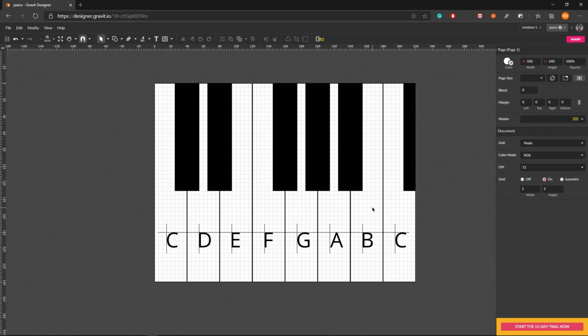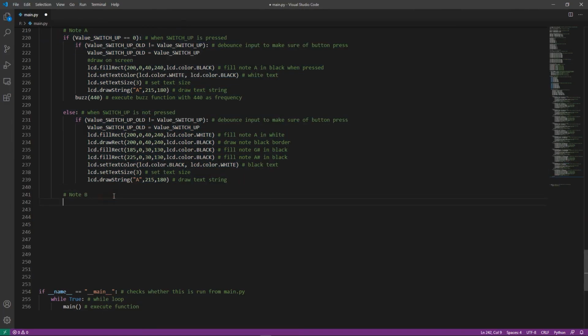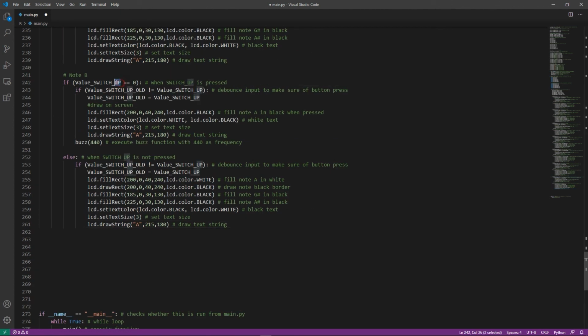Moving on to B, copy this and paste here, change this up to down. After that, change this to B and change the location to 240, and this also B and the location 240.